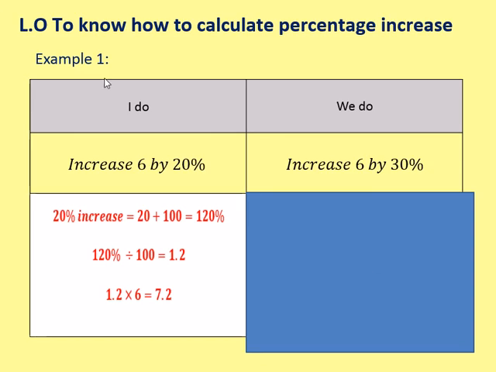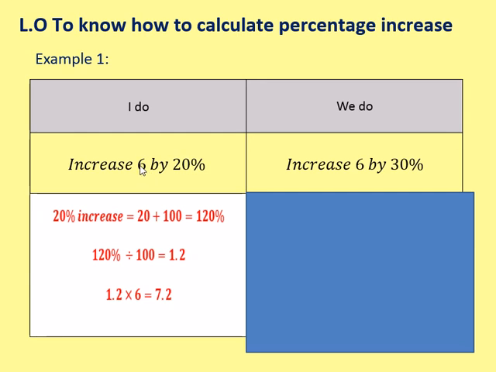Okay, so now we're going to actually work on calculating percentage increase or decrease. So for example 1, we've got increase 6 by 20%. So the first thing we need to do is identify the percentage multiplier to increase something by 20%. So it's a 20% increase. So we do 20 plus 100. We are looking to find